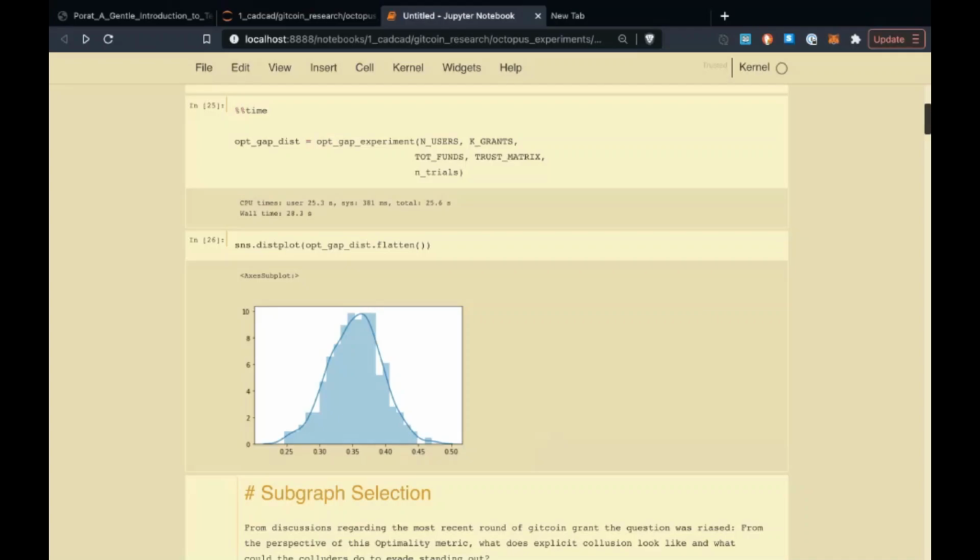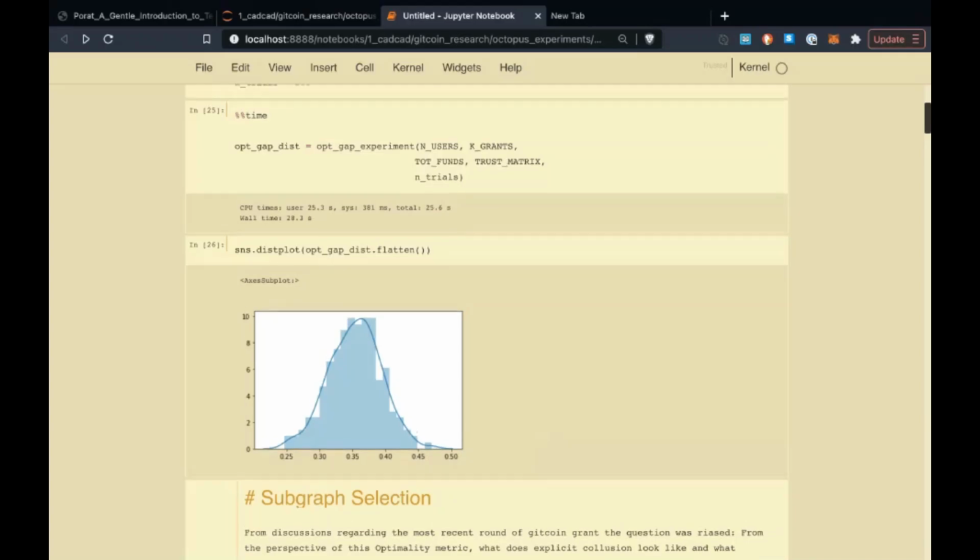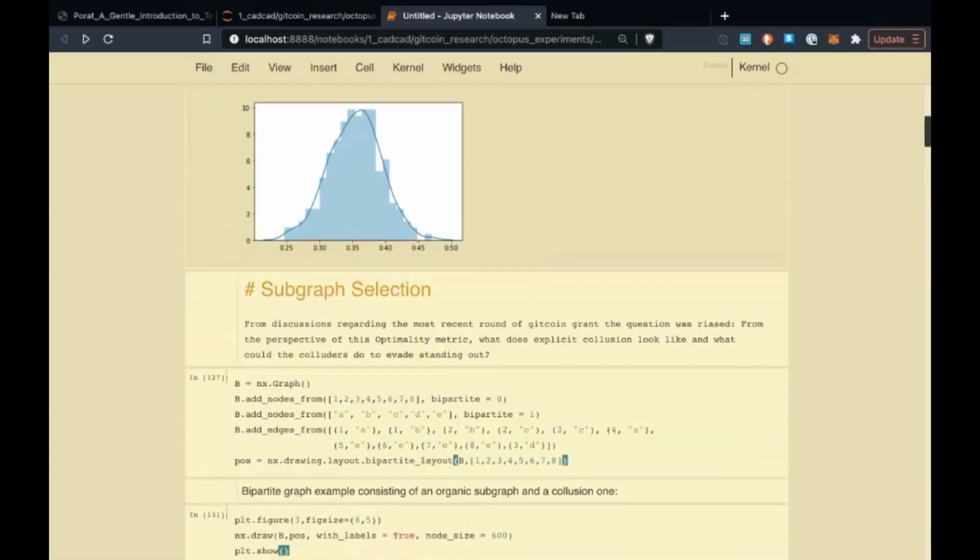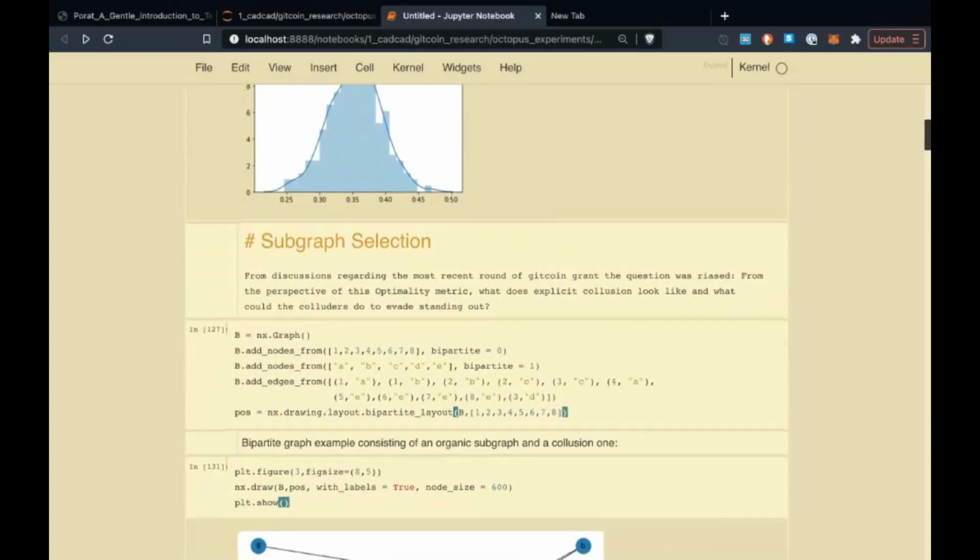On this little unlabeled plot, these are gaps, your three-and-a-bit score here for a bunch of grants. In this case, we're using 5 grants. So to look at two ways that the optimality gap metric that Octopus devised can be gamed,